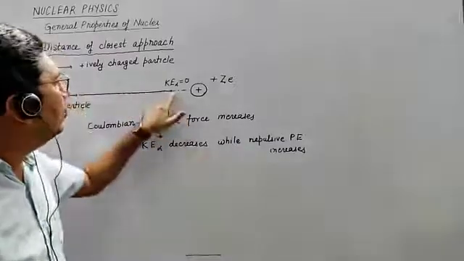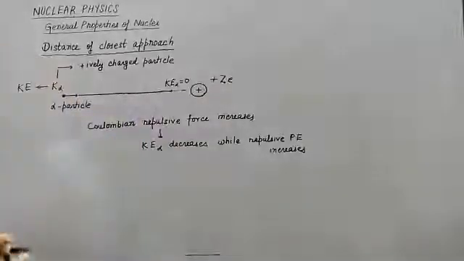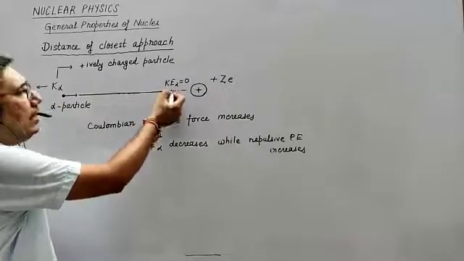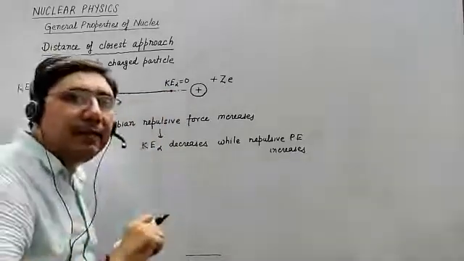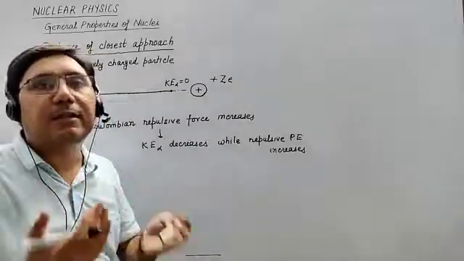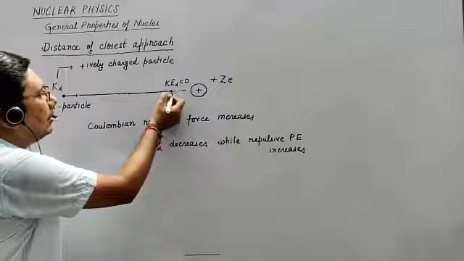Here, when kinetic energy becomes zero, potential energy achieves the maximum value. For a moment this alpha particle will be at rest, but still it experiences a repulsive force. So after that moment,